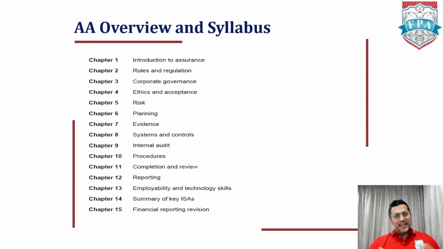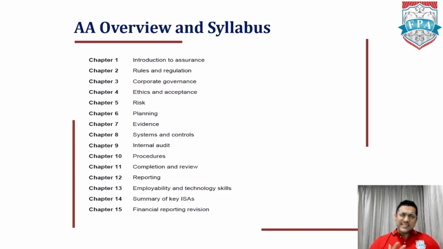Why? Let me give you a very simple example. If my brother comes to me and says, hey Zaheer, could you do the audit of my company? Now, I would love to do that. However, think from the stakeholders' perspective, who are, let's say, the investors in his company. Would I actually go and report to them that, hey guys, my younger brother has not been doing these things, or he has been cheating the company or whatever? So that's why one of the key things we learn in this chapter is around independence and all the other ethical requirements that ACCA needs you to follow before you accept an assignment.